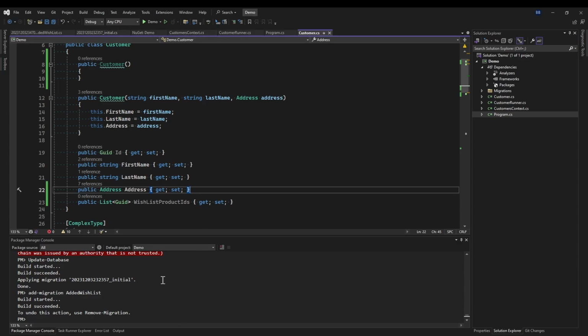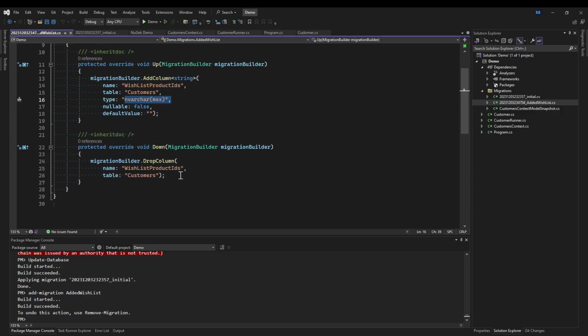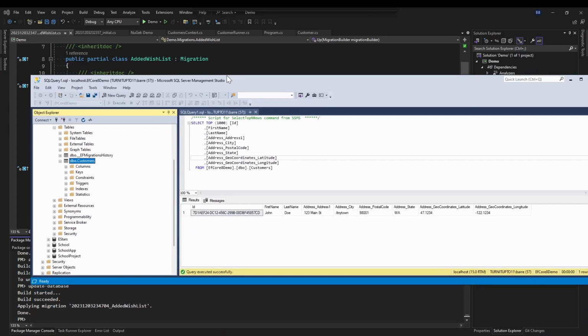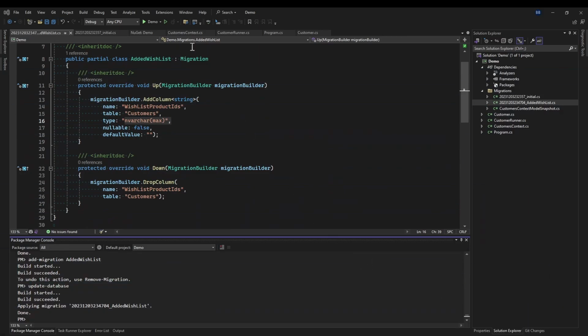So I've saved that and I've created my migration. If I go over here to my wish list migrations, you can see that it's adding to the customer table this nvarchar max string. We go ahead and do our update database, and it has added to our database structure here. Let me refresh that. If I pull this up, you can now see under the columns there's this wish list of nvarchar max. And if I were to go over here to my runner,